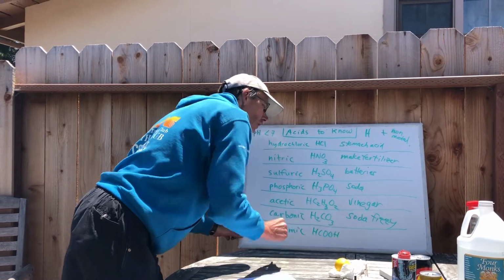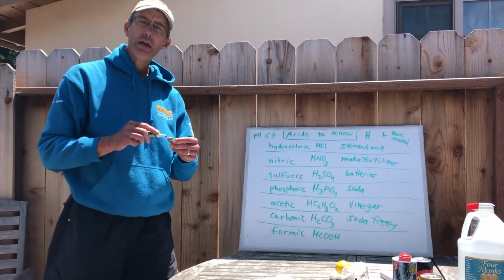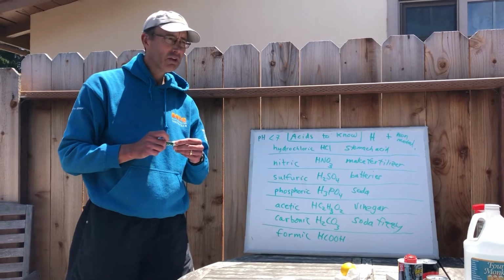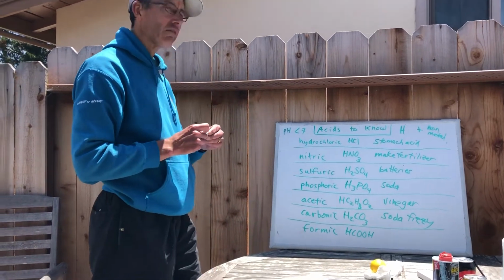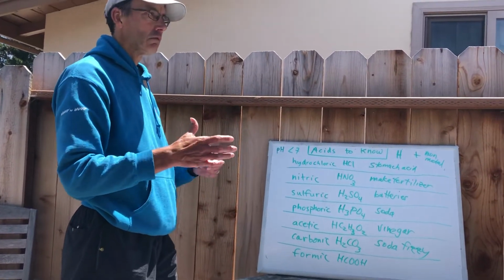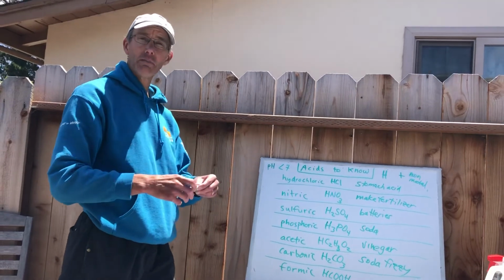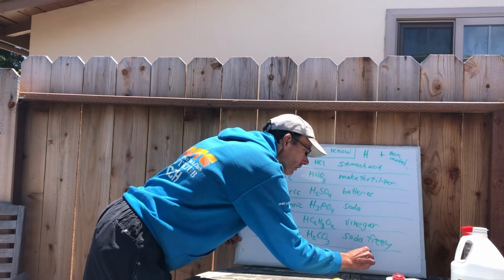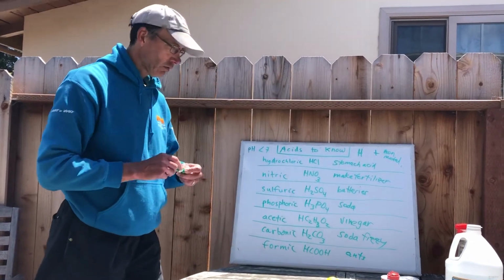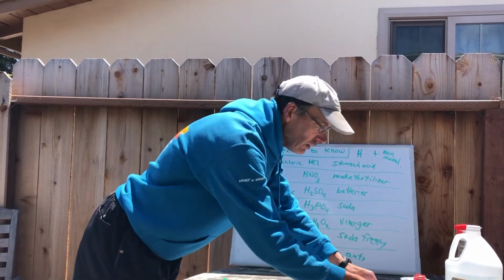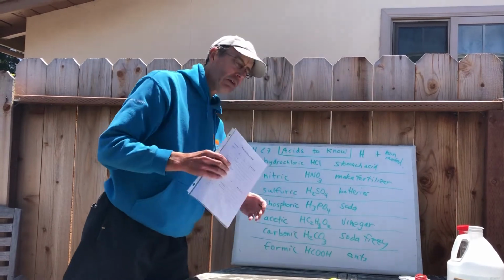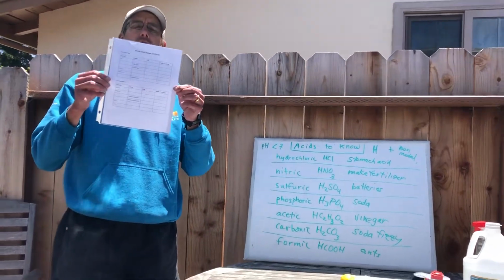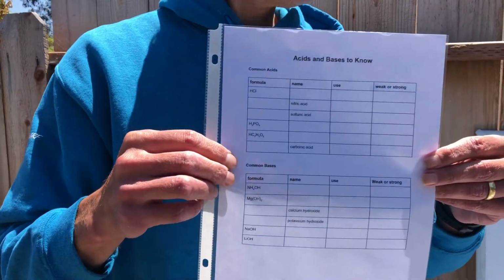HCOOH. And if you've ever been bit by an ant, and I have a few times, it stings because they release acid when they bite, and it's formic acid. So, it's in ants. So, your assignment today is fairly easy. In fact, maybe it would have been best if you had printed this out first, but either way, you can fill this out using the